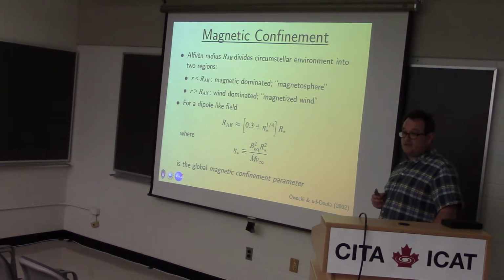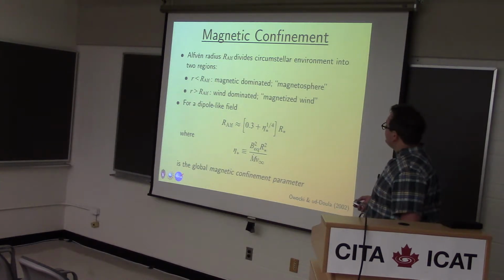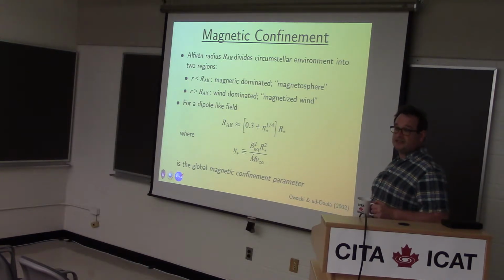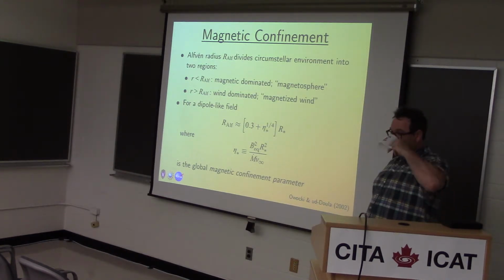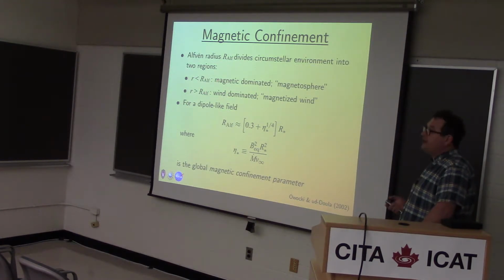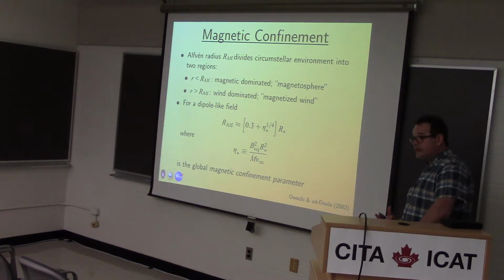Now, as part of this process, we've got to consider the physics of how the wind and the magnetic field interact. Broadly speaking, the interaction is different whether we're inside the Alfvén radius or outside the Alfvén radius. The Alfvén radius depends on the magnetic field strength and the wind density. It's the radius where the wind speed equals the Alfvén speed, and inside the Alfvén radius, the wind is dominated by the magnetic field. Basically, the magnetic field behaves nearly rigidly, and the wind is forced to follow field lines.